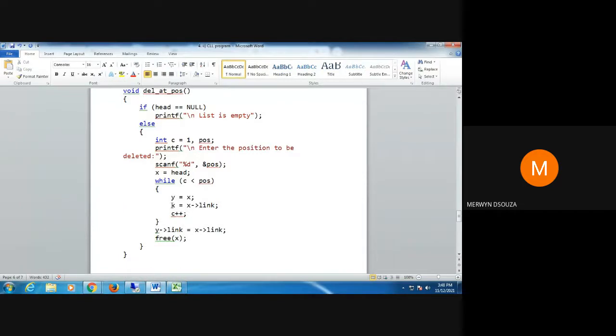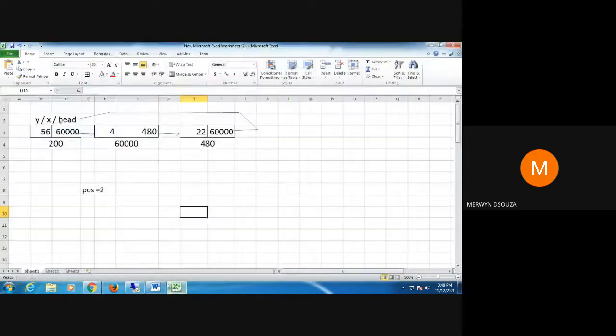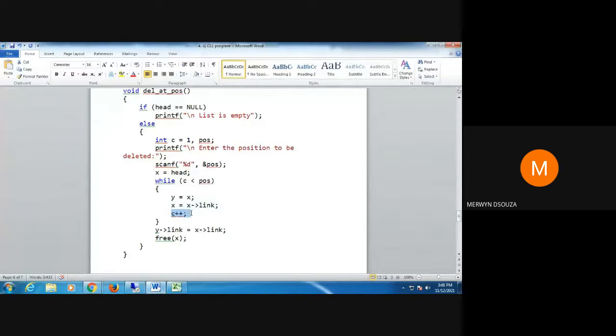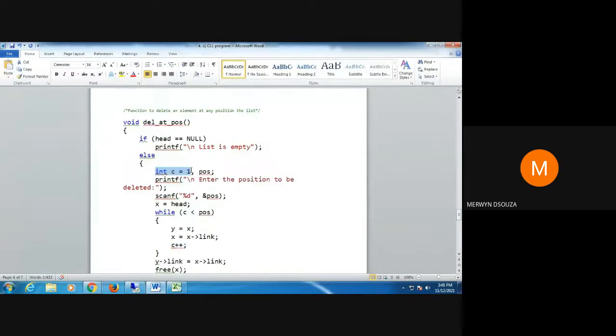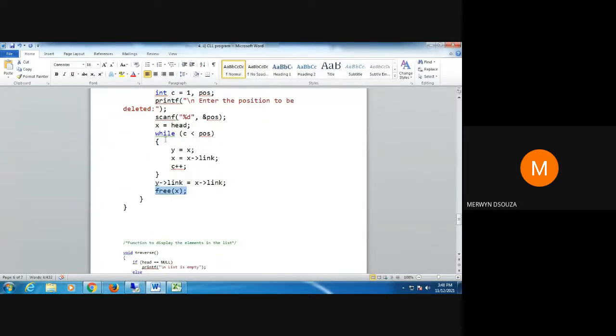Then I shift x to the next node, so x will move from here and come here. And then I increase the value of c. C was initially 1, so it will become 2. Now when I check this condition, 2 is not less than 2. So this is failing.